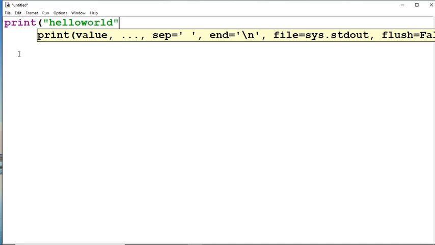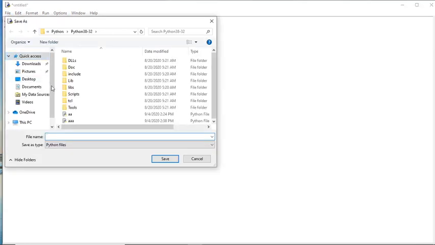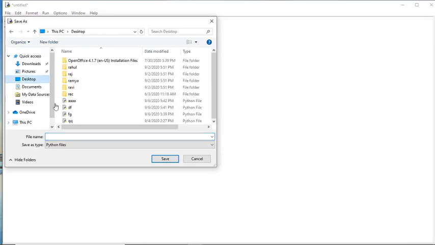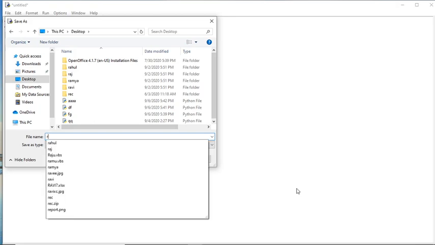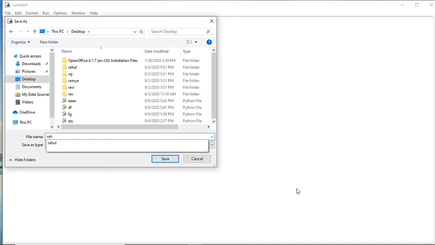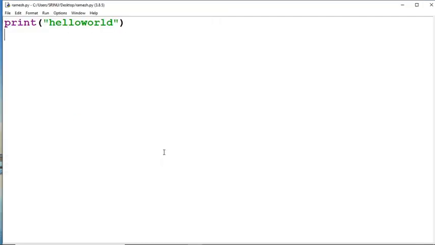Okay. After this, in script mode, we have to save that file. Again, click on the File menu. Here we have the Save option. Click here. Now I'm saving this file on the desktop, but while giving the file name, we have to give it the .py extension, for example Ramesh.py. That means we have to save the file in script mode with the .py extension, and save this file.